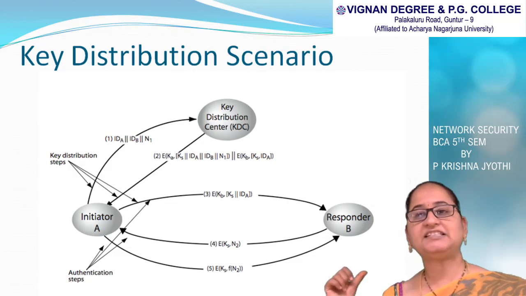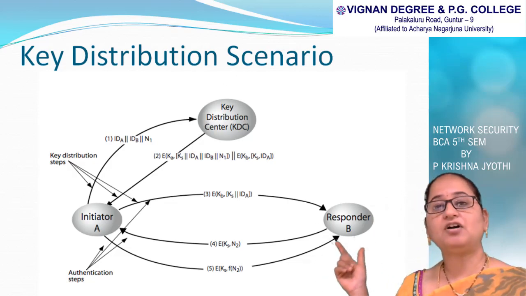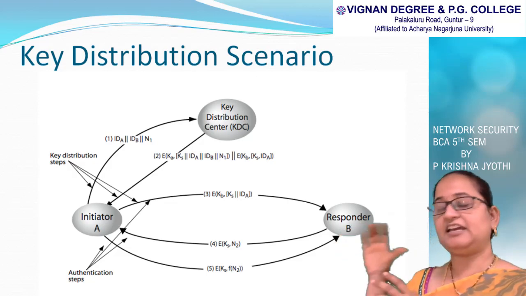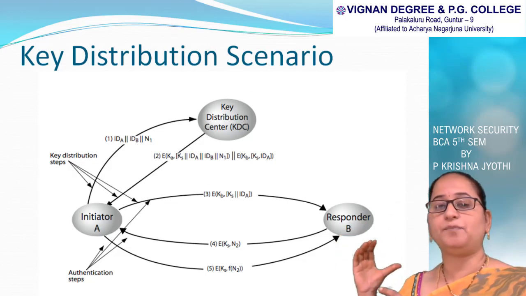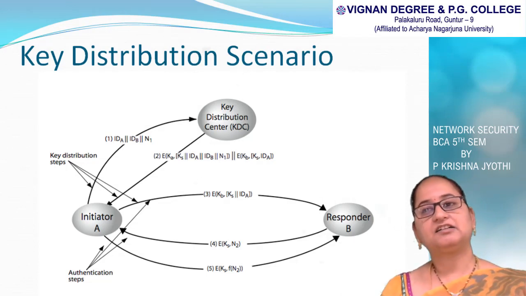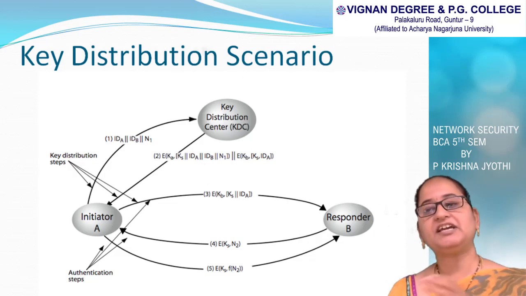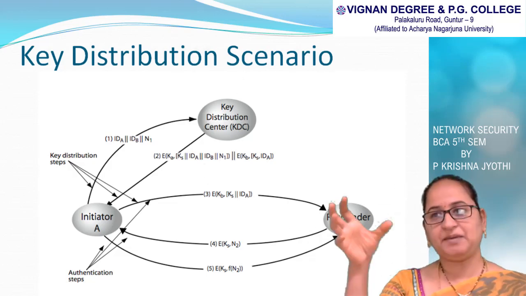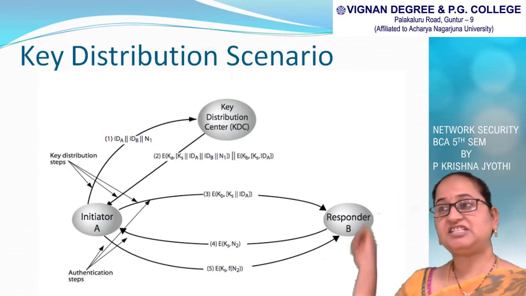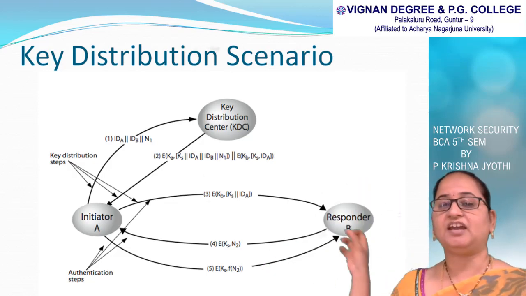Why does it have to place B's key? Because A has to communicate that key. Using that key, A has to send the messages to B, and then totally it is encrypted with EKB. After that, A transmits the message or communicates with B by just picking the message which is received from the KDC to A.